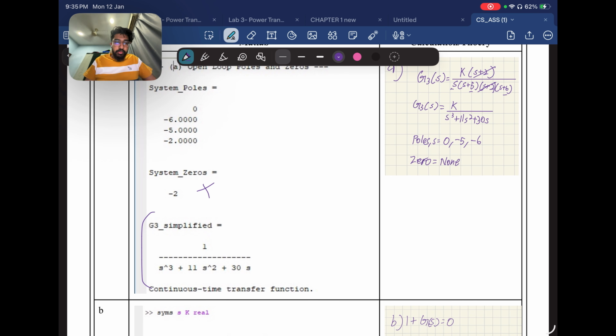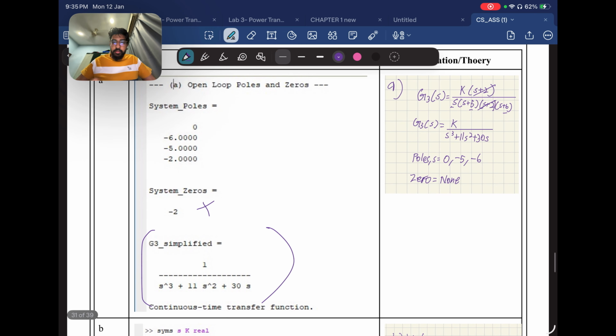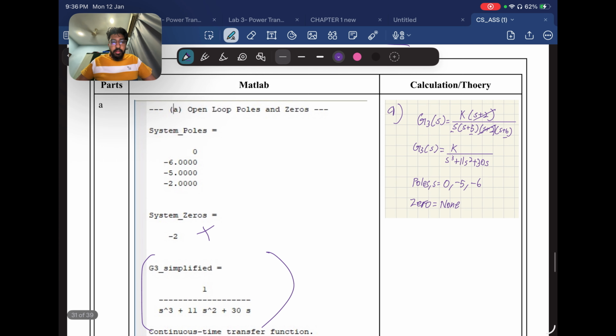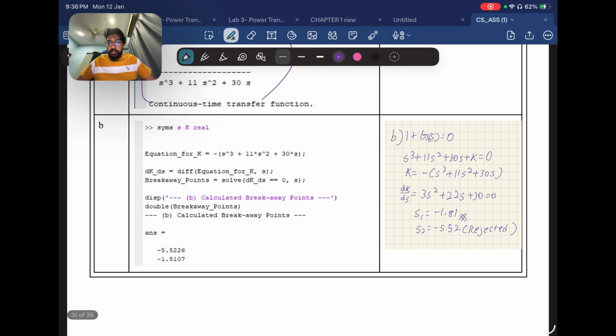So that's why I use GS simplified, G3 simplified, so that it can understand we are using the simplified transfer function. And then for part B, we can find the breakaway points, as you know,